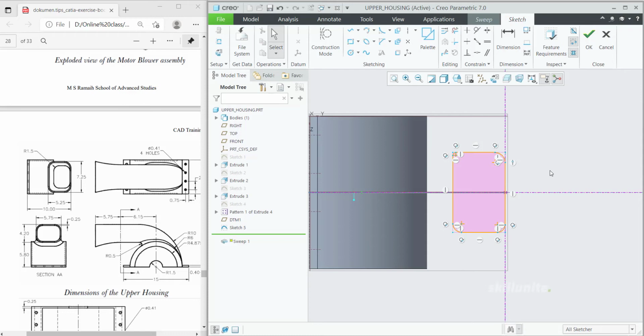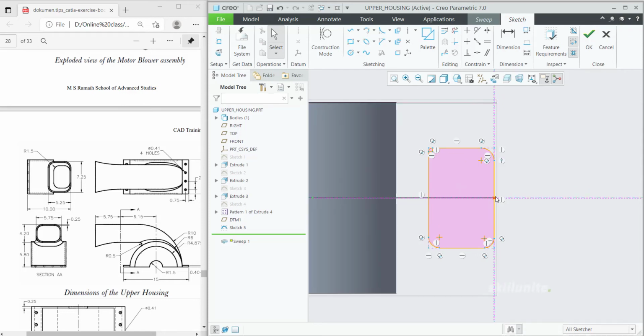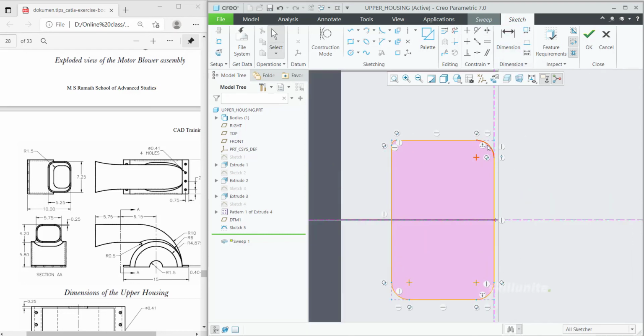So after defining radius, the midpoint constraint is gone. You can see it is not symmetrical now. So go to symmetry and then select this endpoint and this endpoint and then select the center. So now it is symmetry. Give dimension for one radius and then we can make it equal constraint. So give it 1.5.